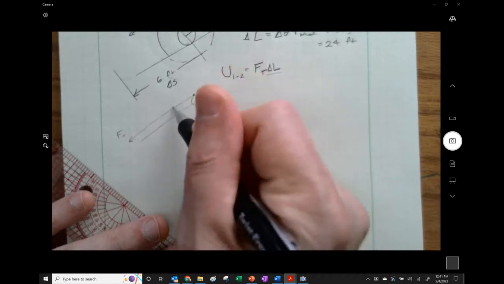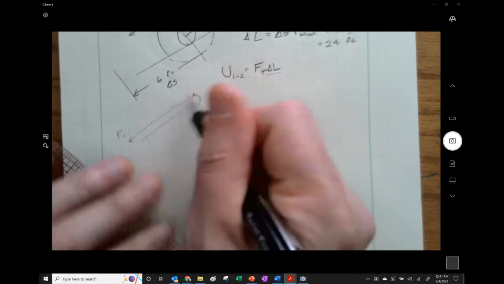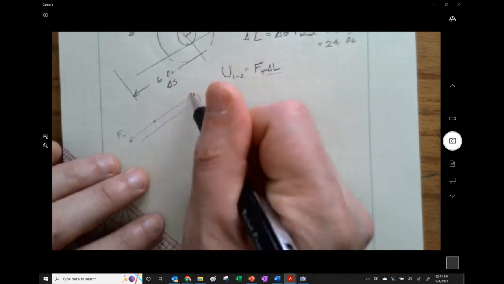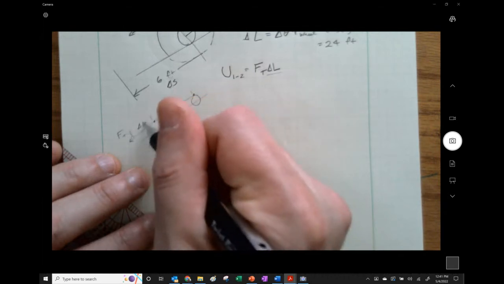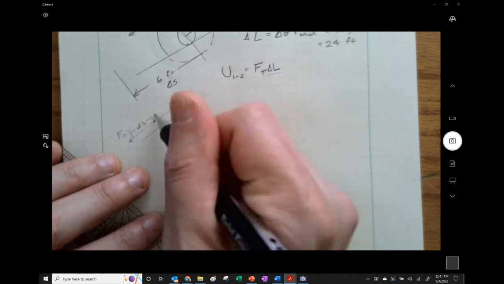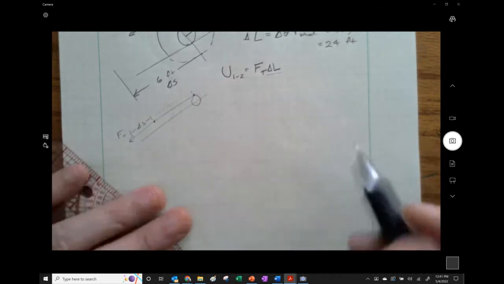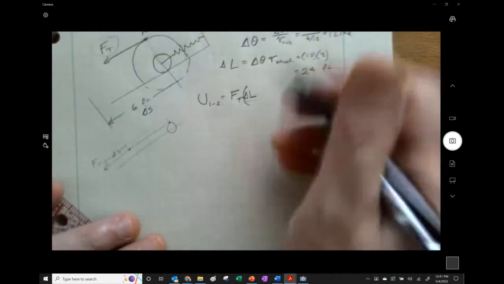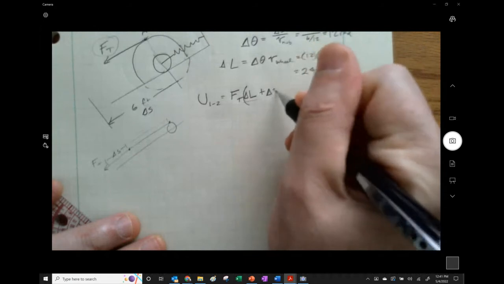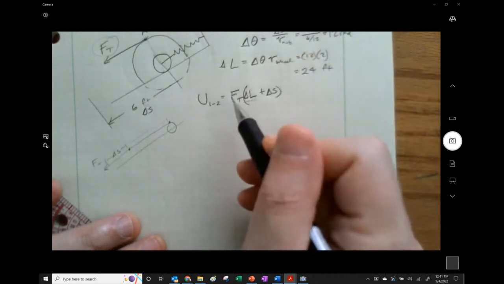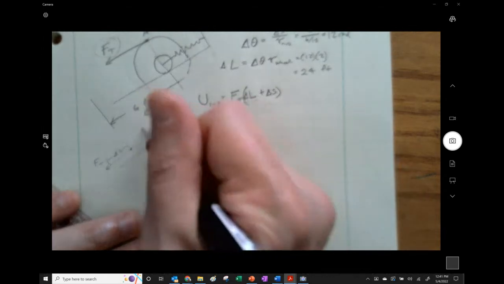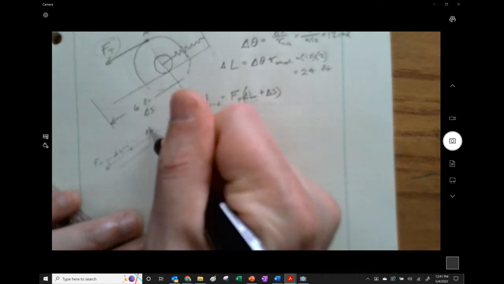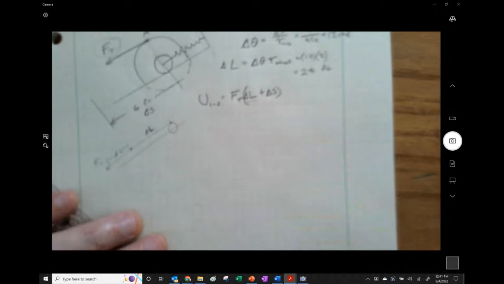Well, not only is it going to go the change in length, it's also going to go the delta S that the thing has moved. I'm riffing here, but this is my thought. I believe that it's necessary to have them back up. What do you guys think? Do you think that's true? And if you start picking it apart,